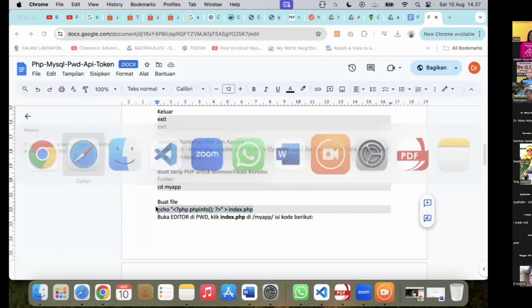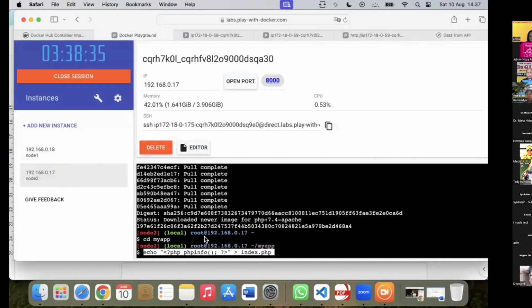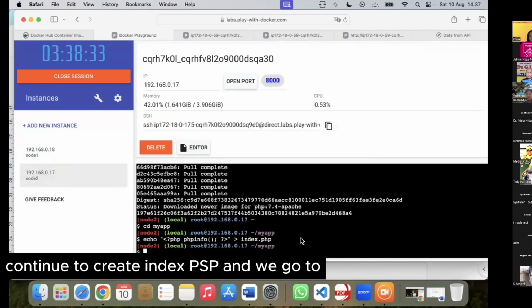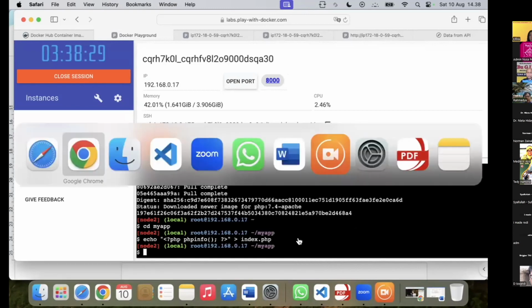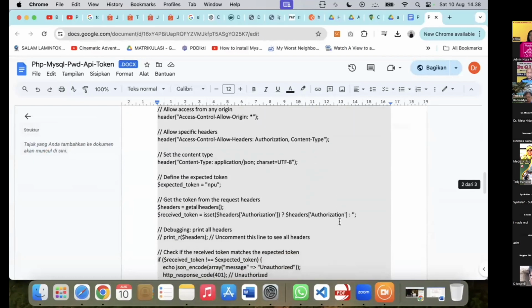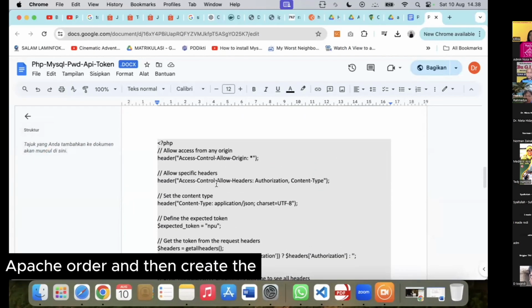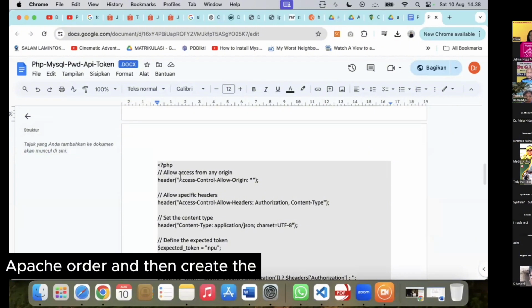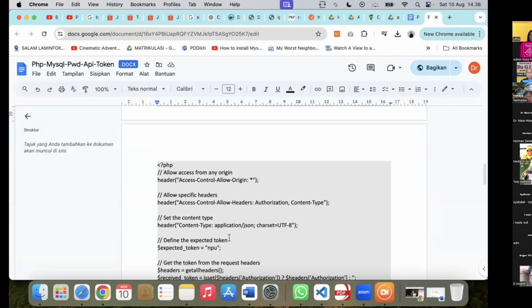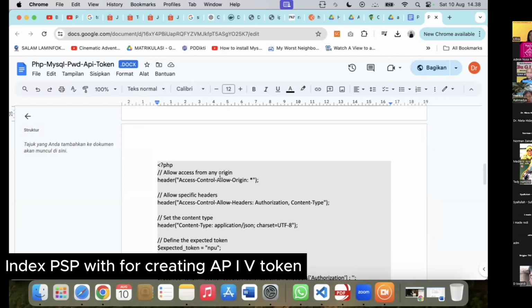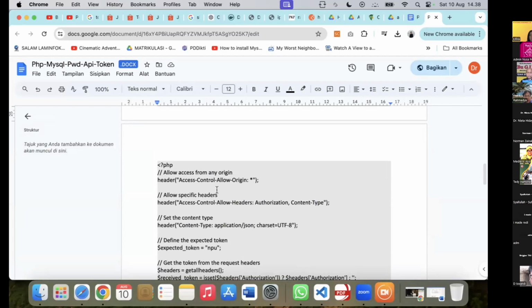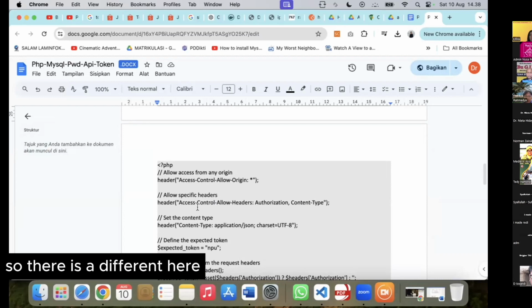Okay, we continue to create index.php, and we go to the Apache folder, and then create the index.php for creating the API with token. So there is a difference here.